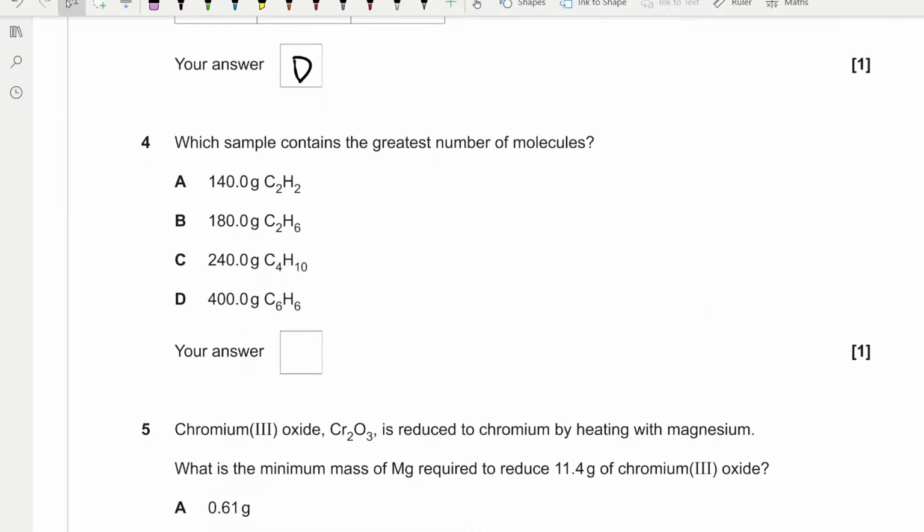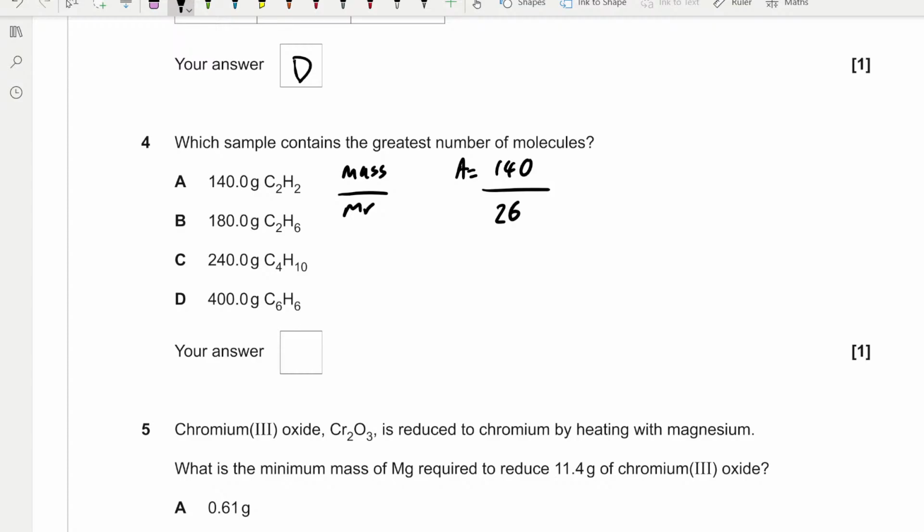Question 4. Which sample contains the greatest number of molecules? To calculate the molecules in an amount of moles of a substance, we have to multiply it by Avogadro's constant. So, for example, if we've got 140 grams of C2H2, we need to find the moles of C2H2, which are found by dividing the mass by the Mr. So we'll do A: 140 divided by 2 12s are 24 plus 2, you get 26. If we put that into our calculator,